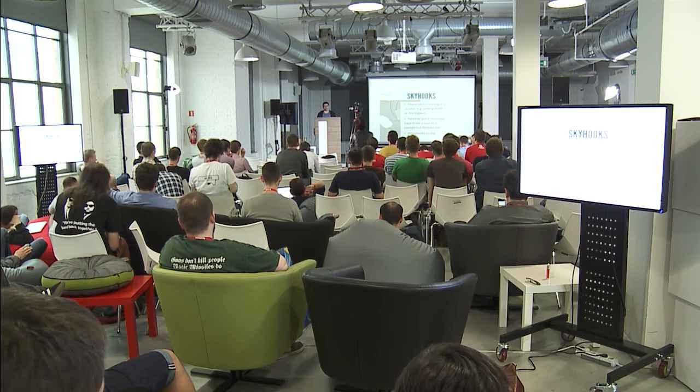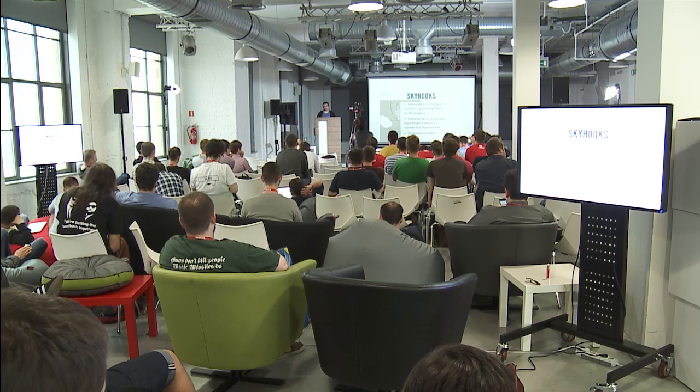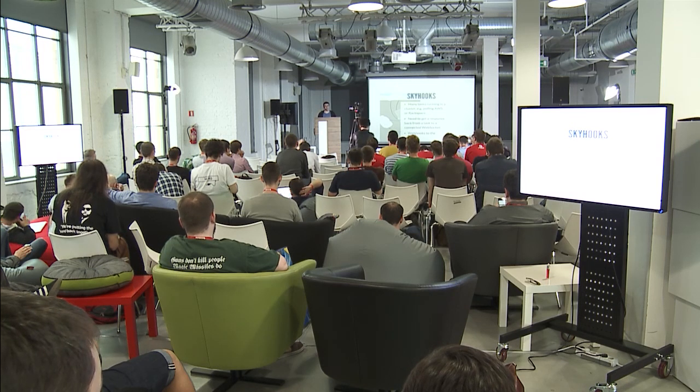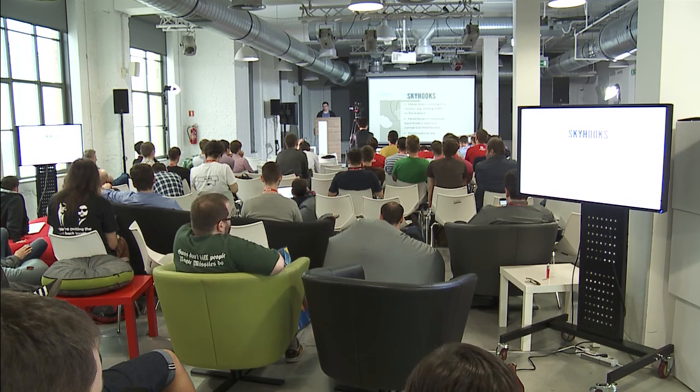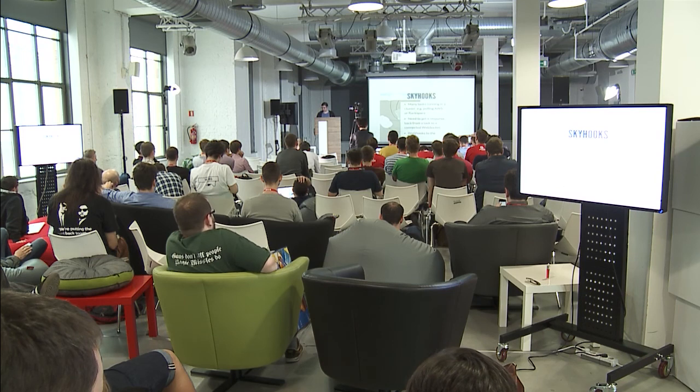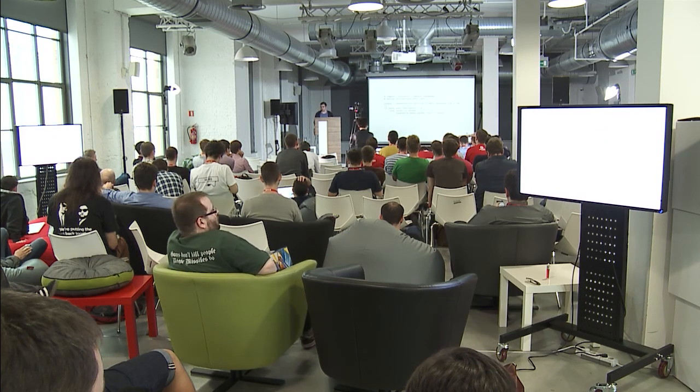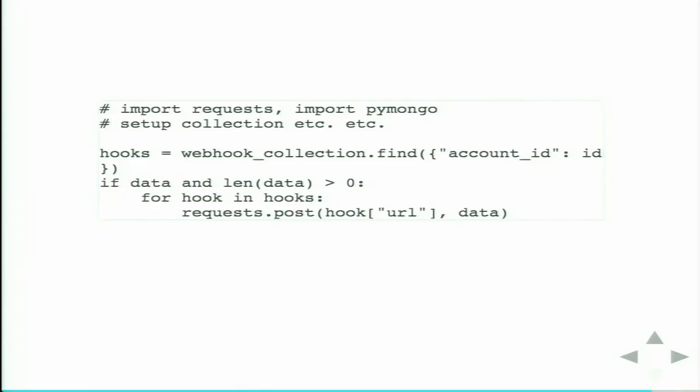So when you're logged in, your account and user for that WebSocket handler is subscribed to events for that account. And when the task runs, it literally, here's a bit of Python, it literally looks up a webhook collection in MongoDB, loops through them all, and sends a post